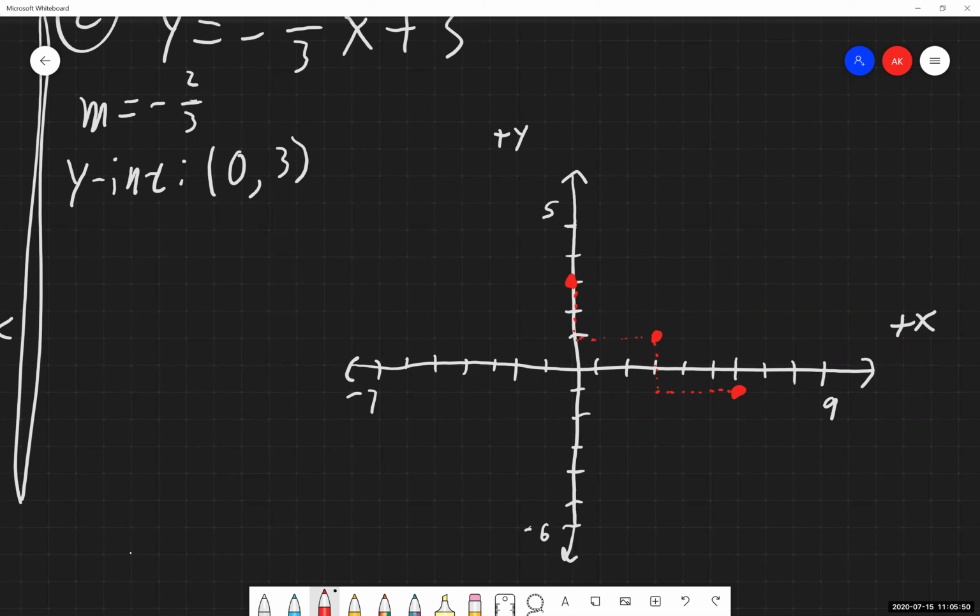Now, let's take the instance where, instead of having that negative apply to the numerator of the fraction, what if I have it apply to the denominator of the fraction, which would give me a positive 2 divided by negative 3 instead. So if I did that, my y values would be going up by 2, and then I'd be going 3 in the negative direction, horizontally, which would put me right here.